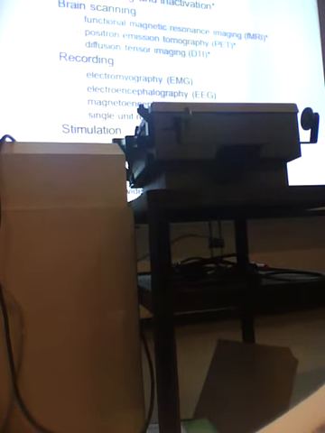And so they can only be used for very basic research purposes. They're just too expensive to have in every hospital and things like this. So here are some of the techniques that are used for studying normal brain function. And what I put an asterisk on here, these are the ones that are currently not in widespread use,